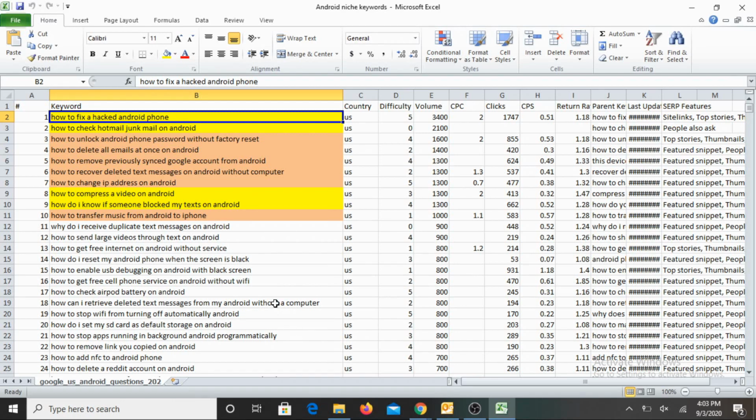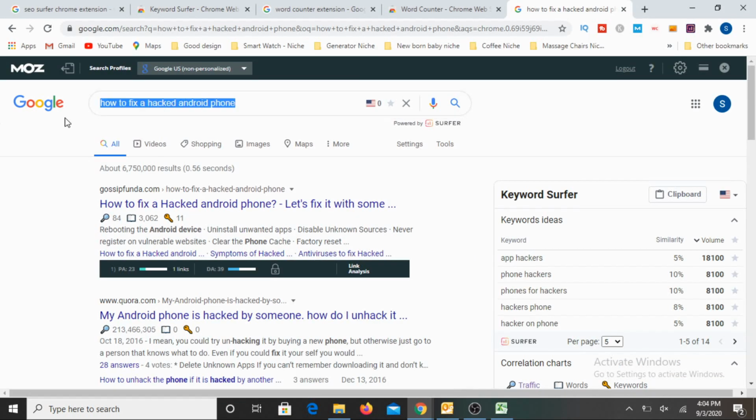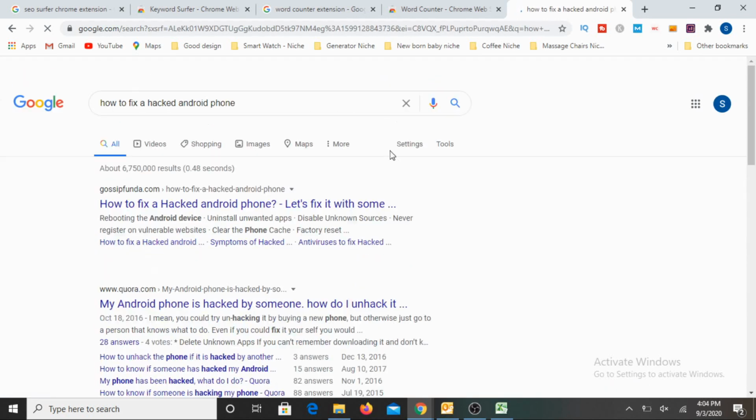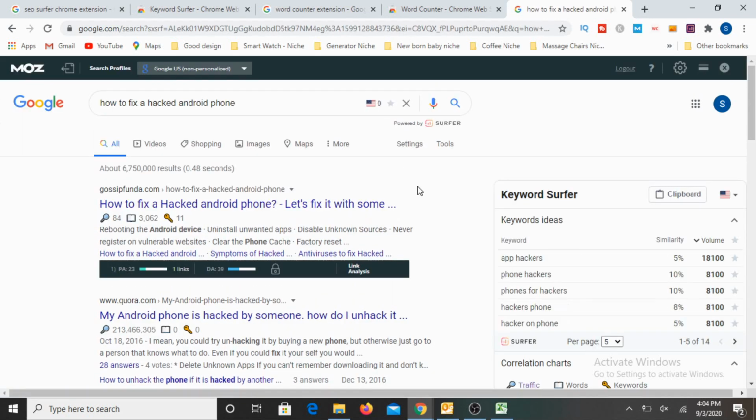Now let's do the same analysis once again, and let me explain how I use both these free tools that I just showed you. The first one, let me take the first keyword. So let's go here, and I think the same keyword. Let me explore this. Now if you saw my earlier video, we were focusing on the DA part of the search results. Basically what we are trying to see here is, for this keyword, how is the competition and what should we do better in comparison to the competition to outperform.